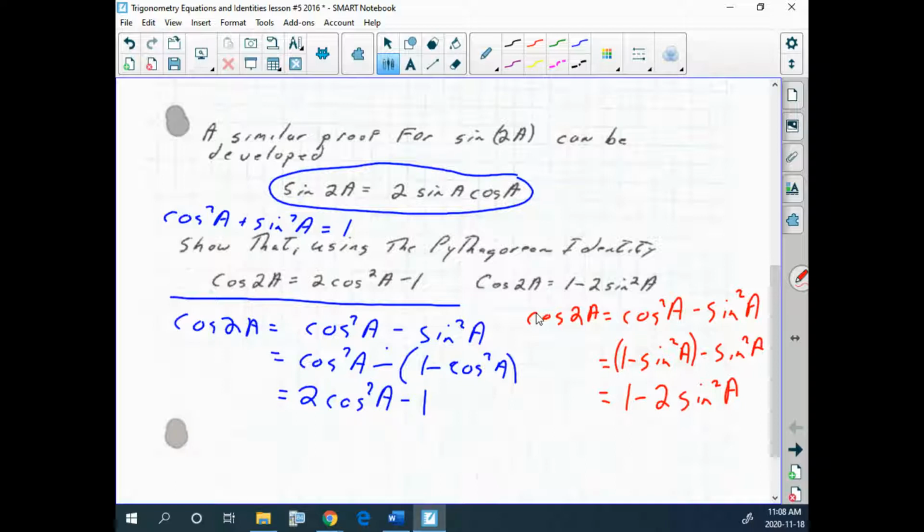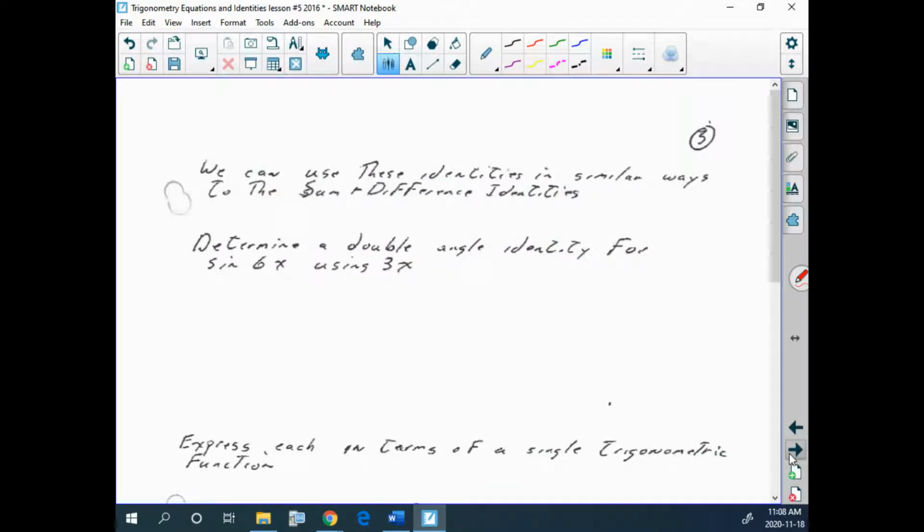So those are the proofs. Probably won't be asked to do proofs again of those until you get to calculus. We can, much like we did before, use these for other proofs. What is sine 6x equal to? Using 3x. So basically, sine 6x can be written as 2 times 3x. It can also be written as 3x plus 3x, and we could use the sum identity, but since we have